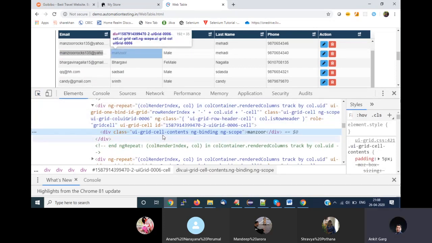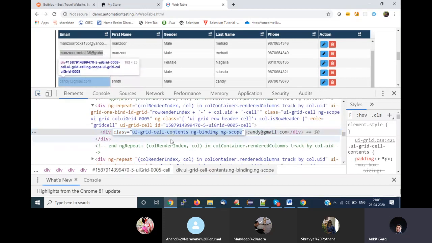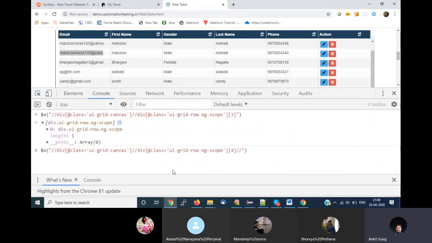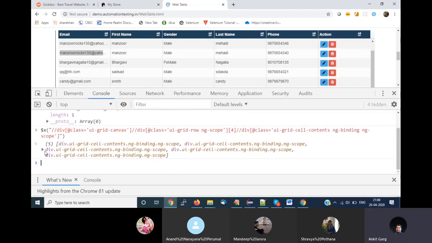And again, I have to find a value which is common across all the columns. So is my class name unique? Let's try and find with some other column. I guess this is unique for each and every column. So I'm using this property, div class, and it is giving me 5 columns.